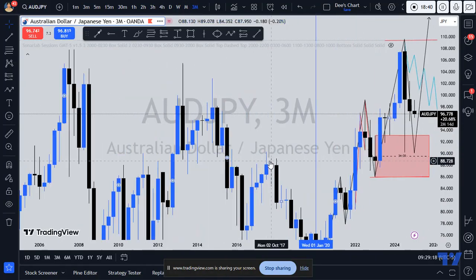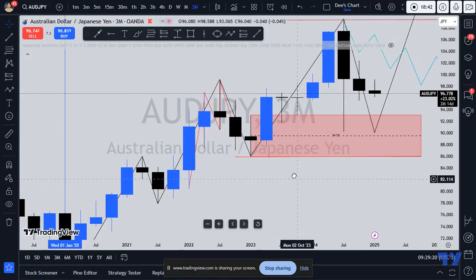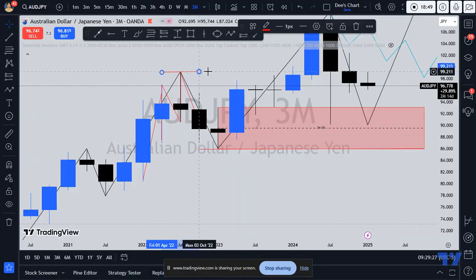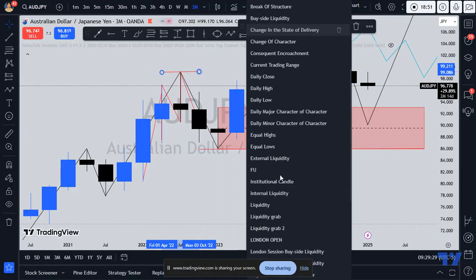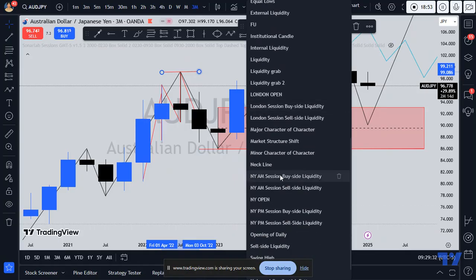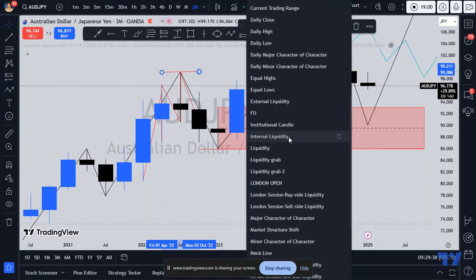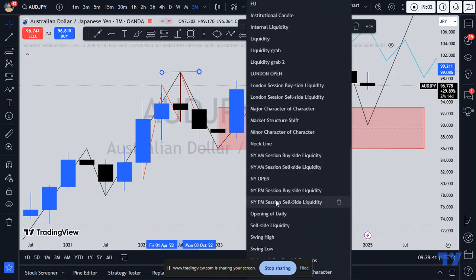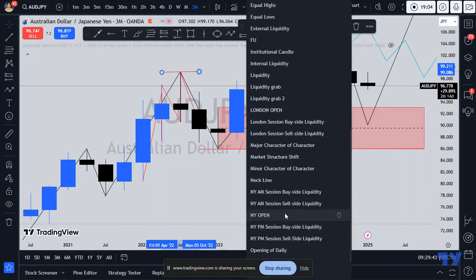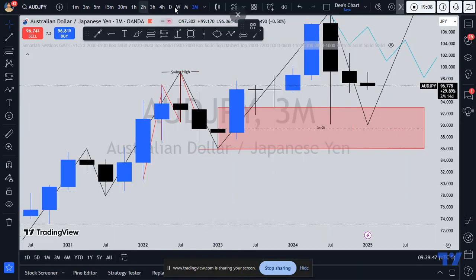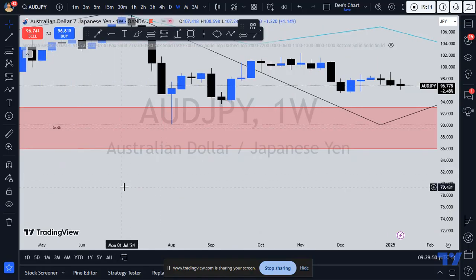So if we go back here, you will see that this is our swing high for the 3 monthly chart. So that's our higher high up there. And once price creates a higher high on the 3 monthly chart, you can pop down to a lower time frame and actually see what price is doing there. It looks like I won't be able to get everything into this video, but I'll probably have to make another video. So when you go back to the weekly,